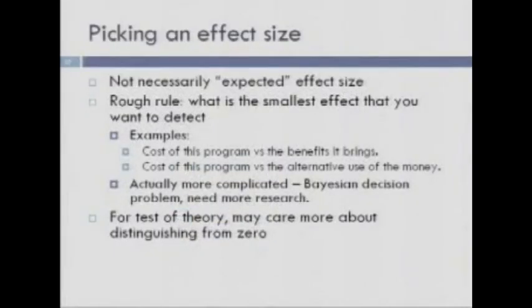So, an implication of that is, say you're looking at a health intervention, it doesn't apply to just health. If you're looking at a cheap intervention, the social planner is going to want a much larger sample than if it's an expensive intervention. If it's an expensive intervention, unless it has a huge effect on the outcome, you don't want to do it. It's not worth the money. If it's a cheap intervention, you may need a huge study.